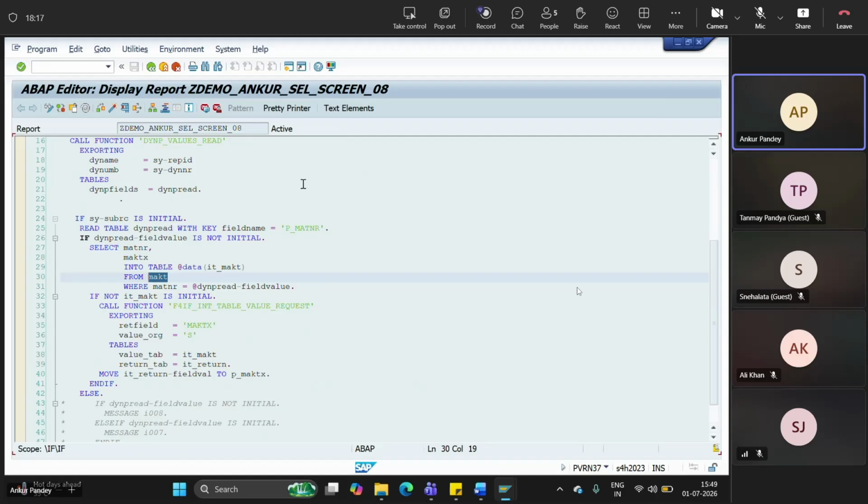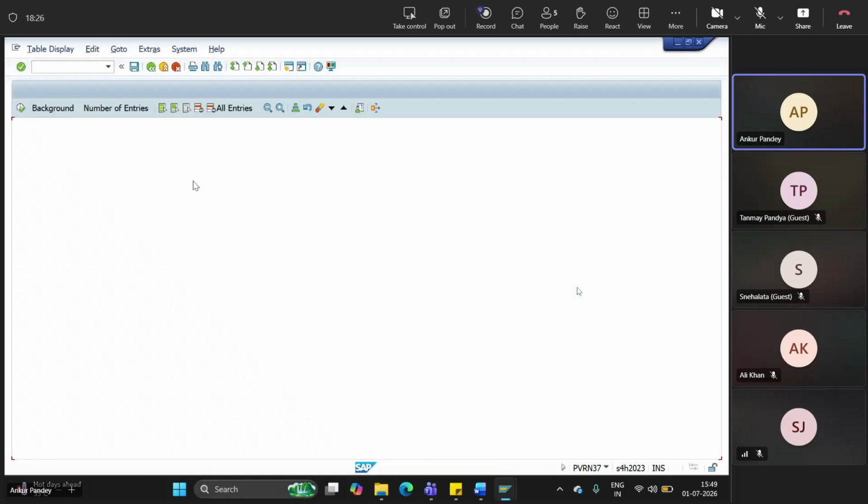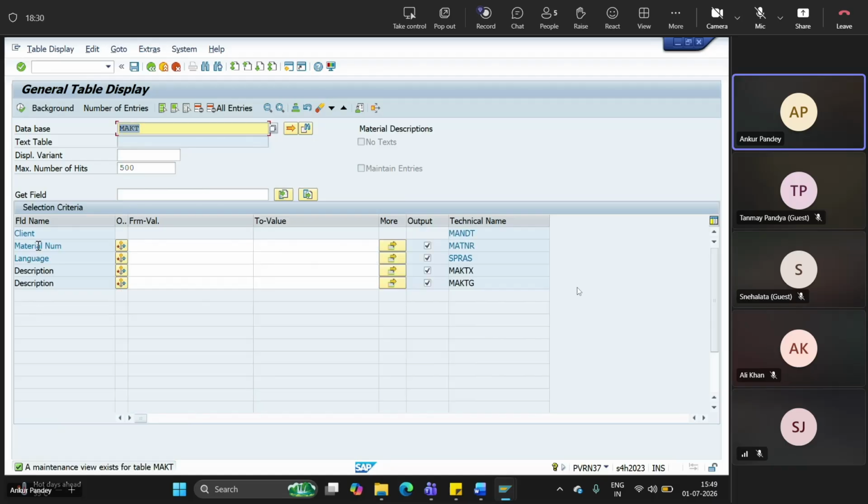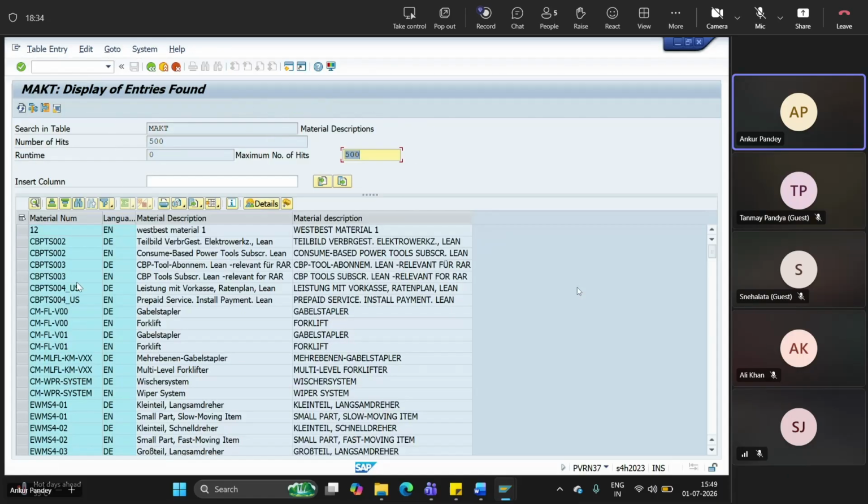MAKT is the table where the material description is stored. You can go to SE16N, MAKT. This is the table where you can see the material number and the language-wise description stored